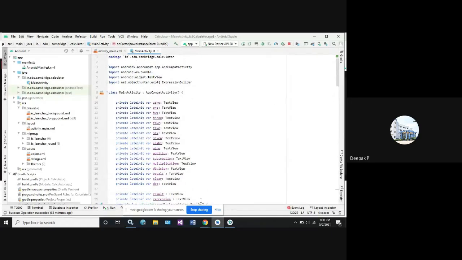Any doubt? So this is our second code, complete code. I will share this code in the Google Drive link that we had shared already last week. There you will have the file called calculator, which I'll be sending as an extracted file. Extract the content and load it in your Android IDE.